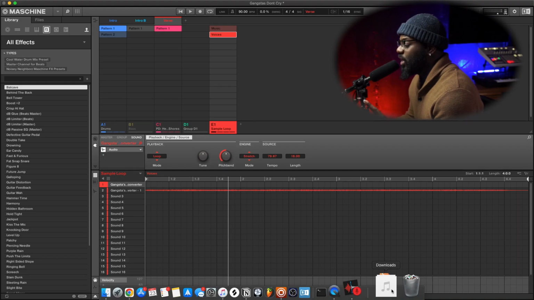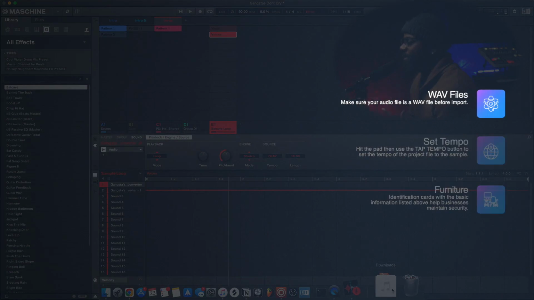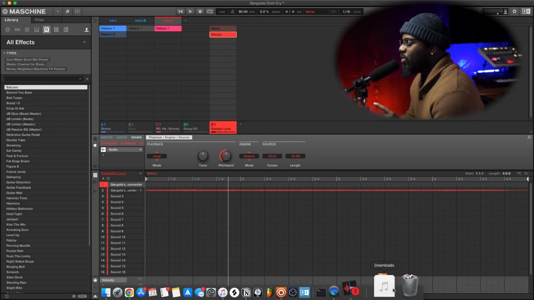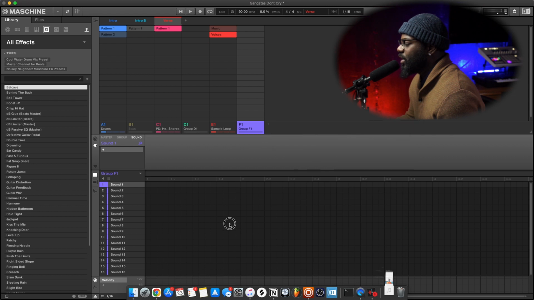First thing you want to do is whatever sample that you grab, you want to make sure that it is a WAV file, right? If it's not a WAV file, you can go online, type in online audio converter, and you can convert any audio to whatever type of file format that you want to use. So I'm going to create a new group, and I'm going to throw this wave into